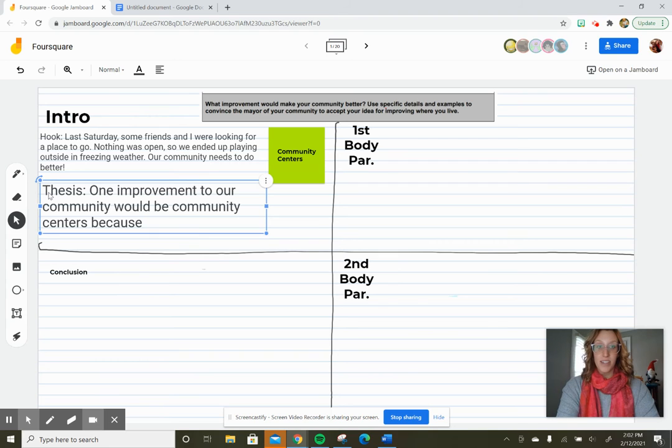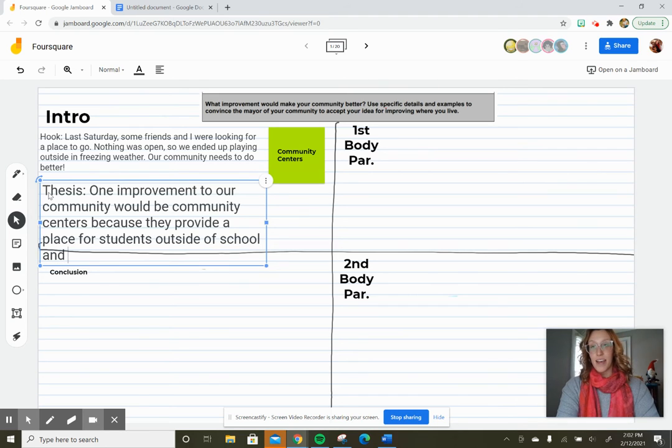My first reason is, my second reason is that